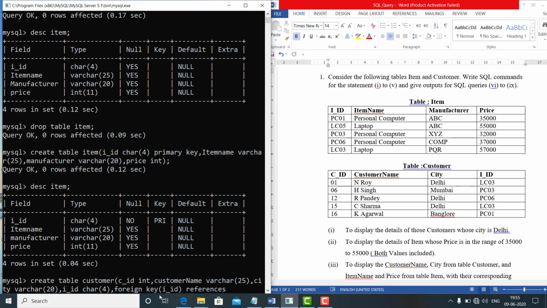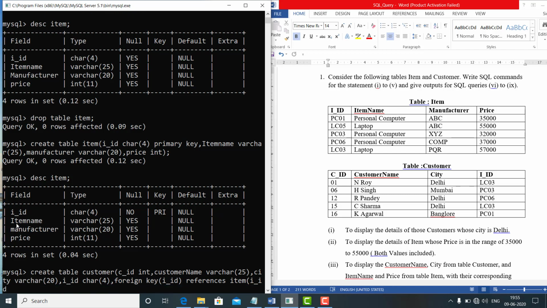So IID, meaning item ID, will access the record from the item table. So the reference is item, and which column? The column name is IID. Clear? So now we created that table with a foreign key.